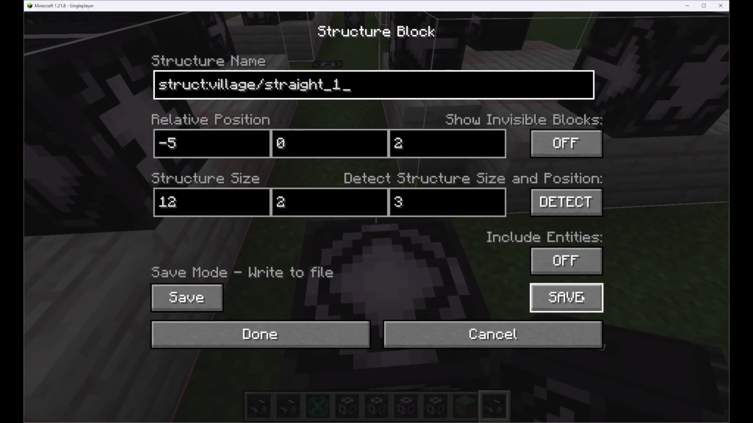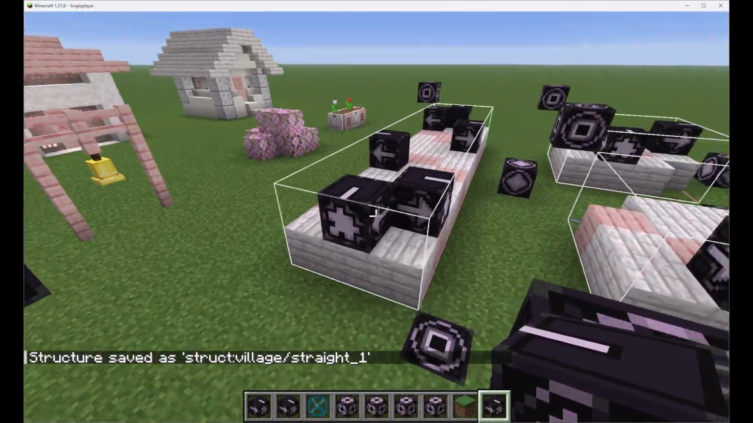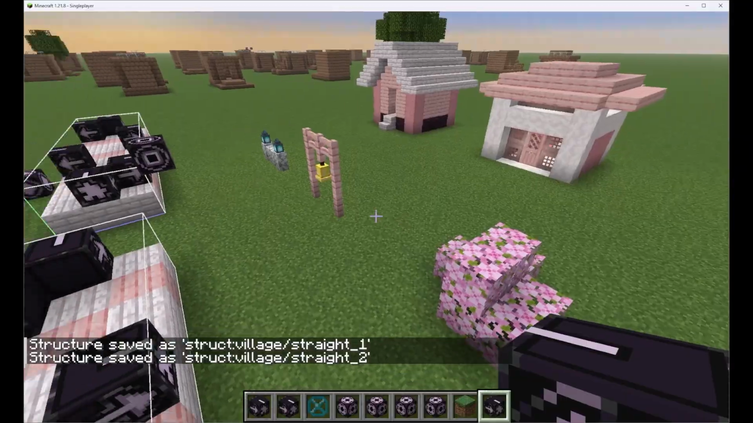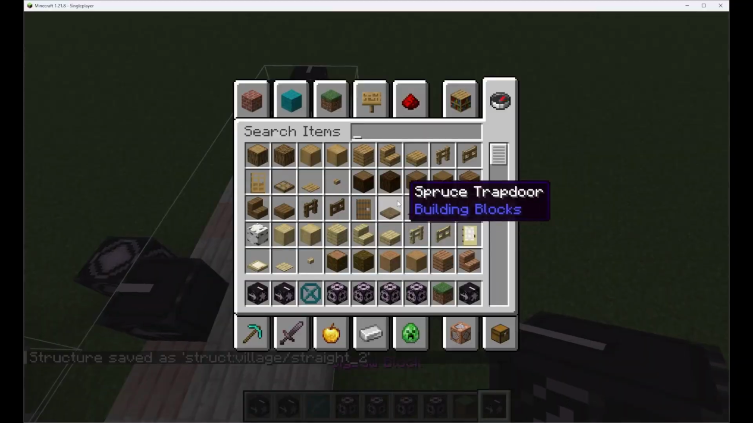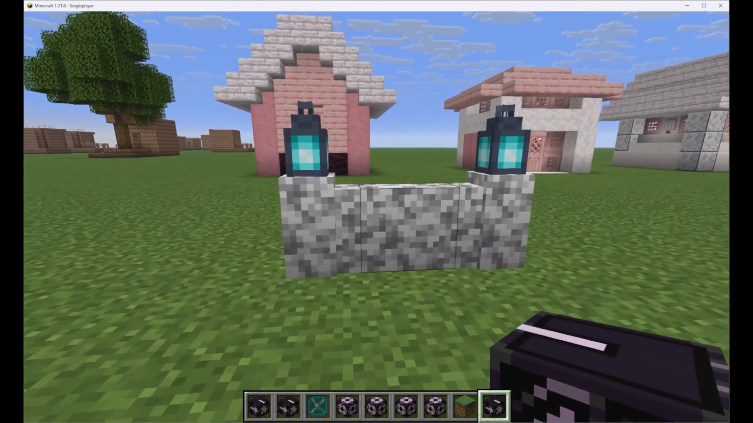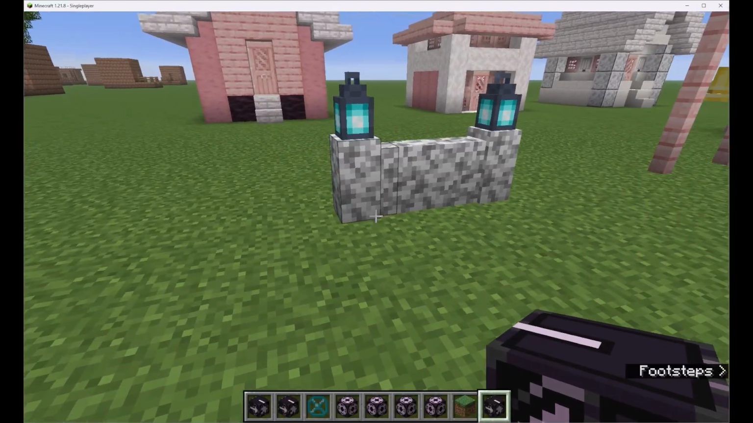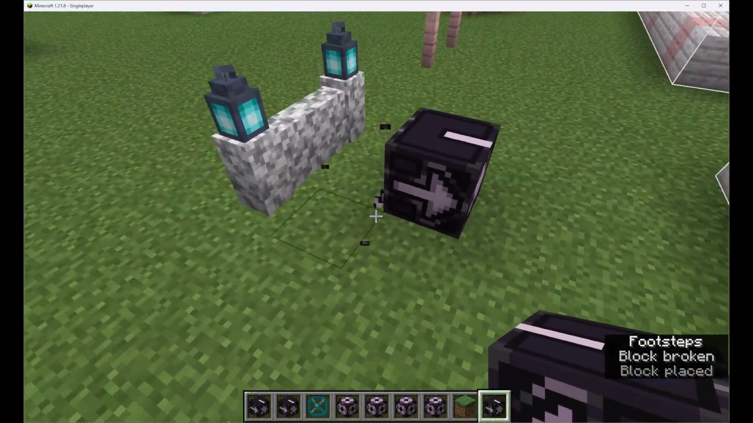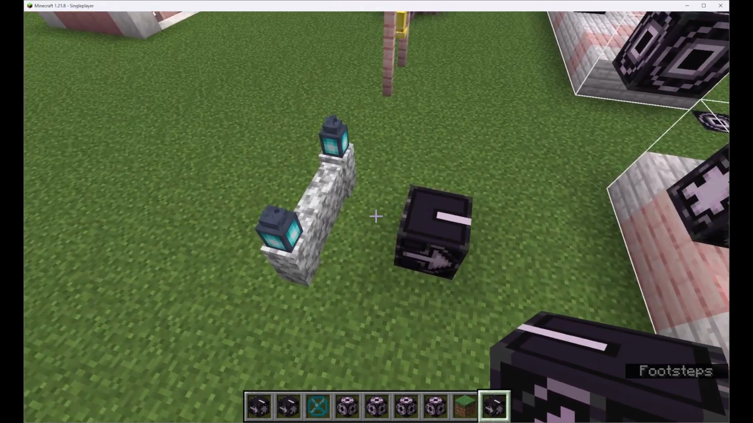Now I will resave these structures. They are updated with their jigsaw blocks. And now we can add matching jigsaw blocks for these other features right here. And for these features, I don't necessarily want them to be right next to the road. So I will go ahead and leave a gap of